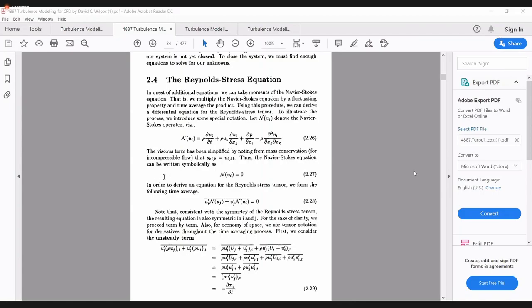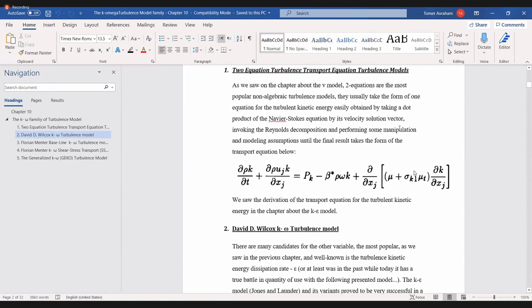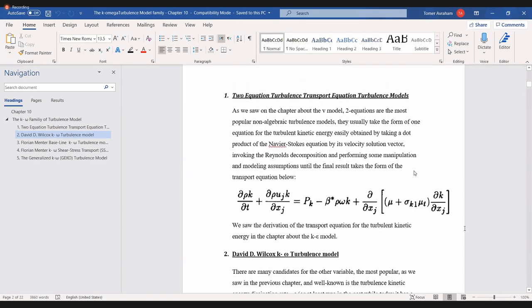The kinetic energy equation, we know how to develop. We also make ad hoc assumptions. And then, let's go back here. And then we make some ad hoc assumptions, the gradient assumption, and we get some kind of transport equation.